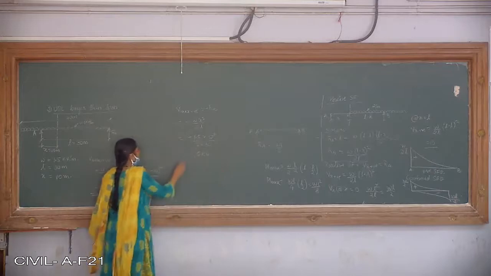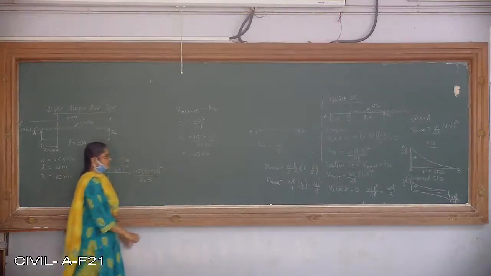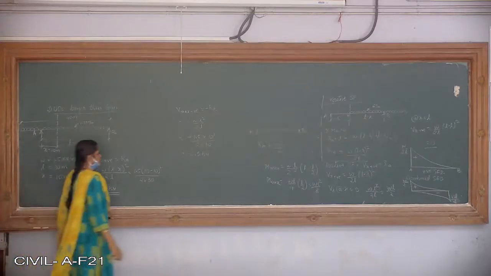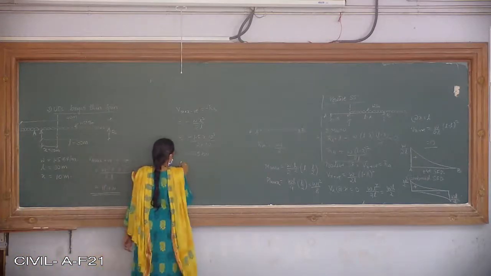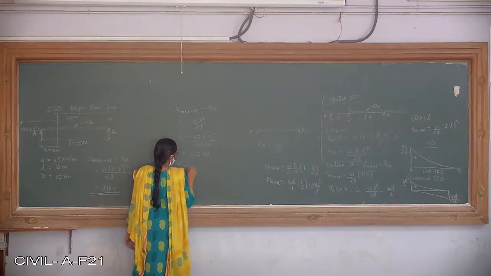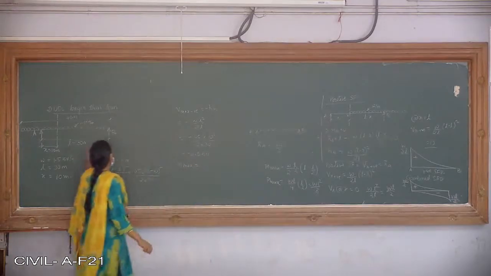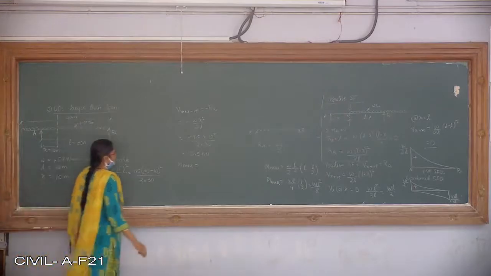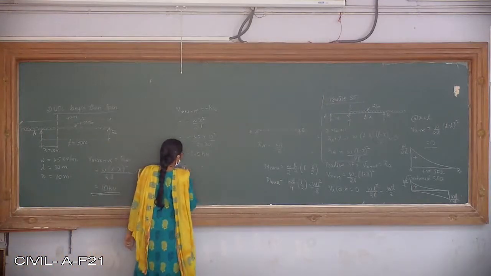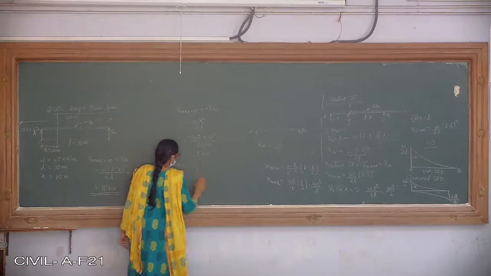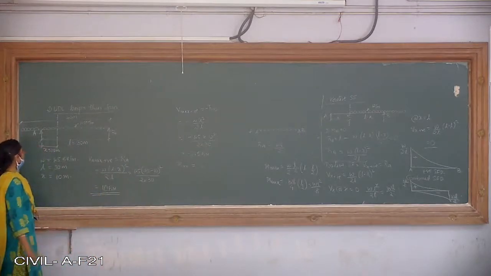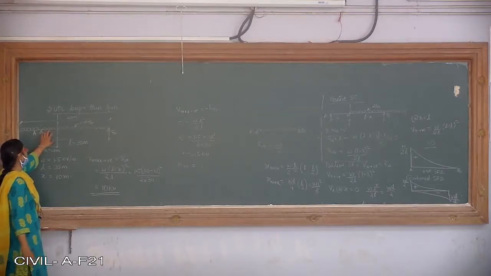Okay, this is minus 2.5 kilonewtons. Next, you have to calculate the maximum bending moment. So we saw M max under this load, under this section. It is not M max, it is the bending moment at section XX. Okay, Mxx. What will be the bending moment now? It can be Ra into x minus w into x by 2.